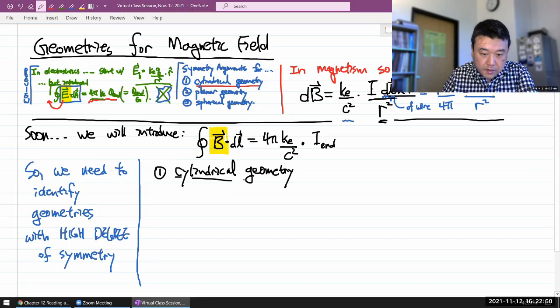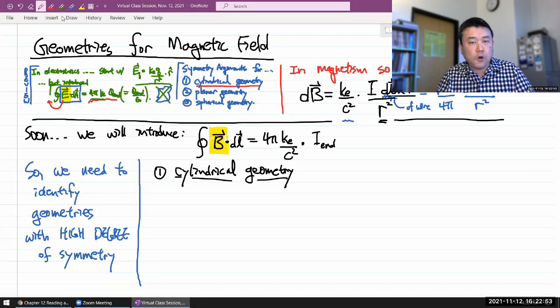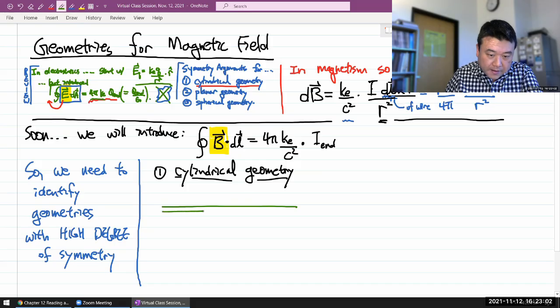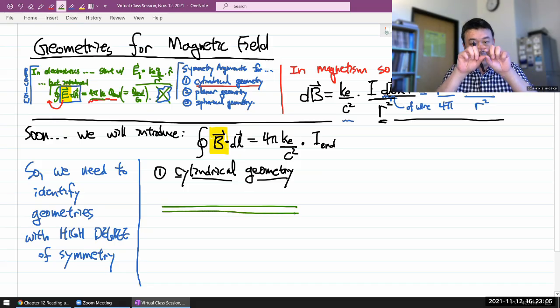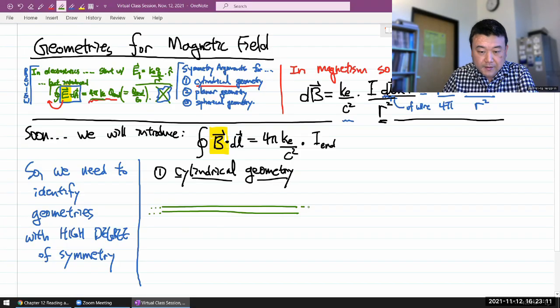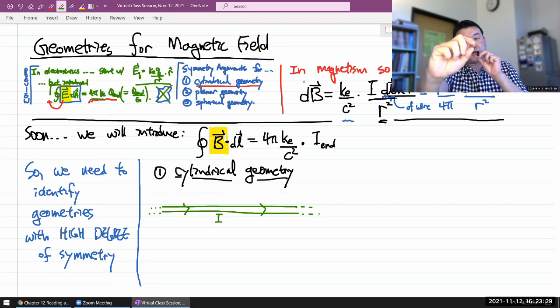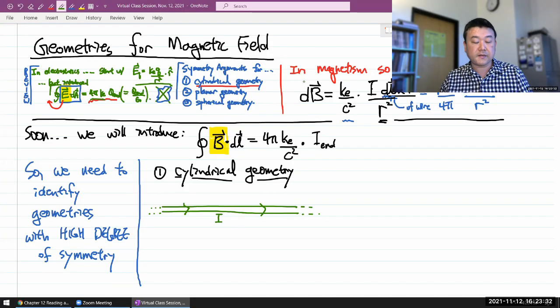What this will look like is, imagine a long, straight line of current. If you had a long wire, and I'm going to draw only a finite section of it, you have to imagine that it is infinitely long for this symmetry argument to work. Let me indicate that they don't end. And current flows in one direction. This is one such geometry where there's enough symmetry. When we were doing Gauss's law, cylindrical geometry had rotational symmetry about the center of the cylinder as an axis,